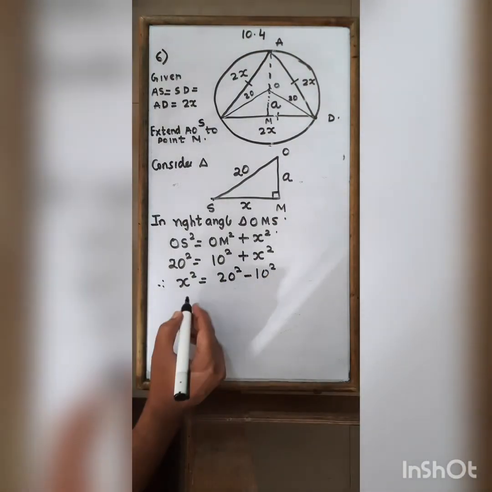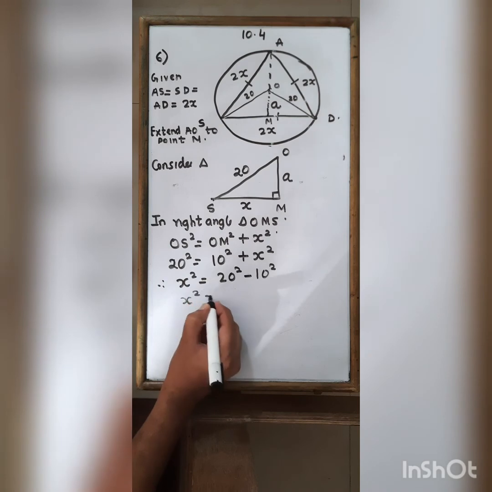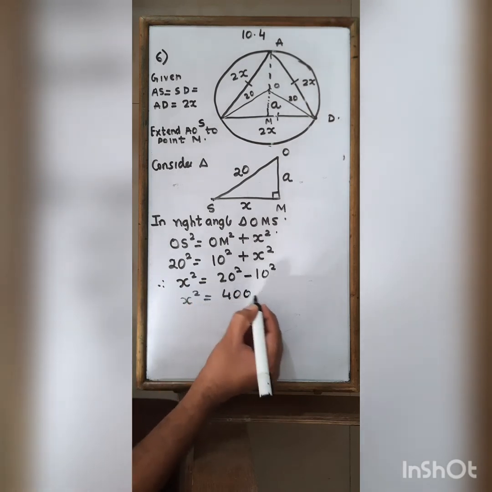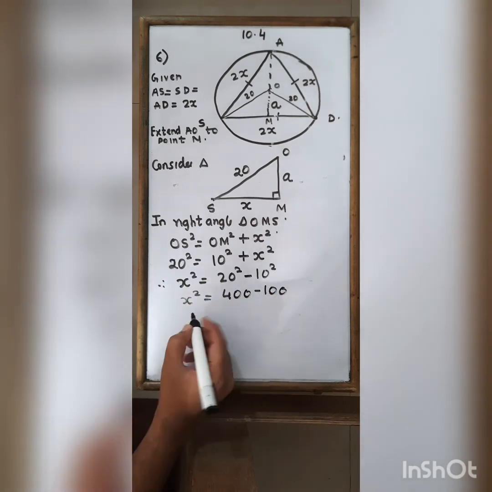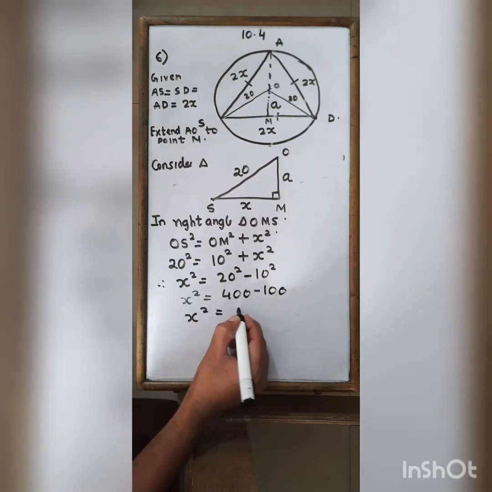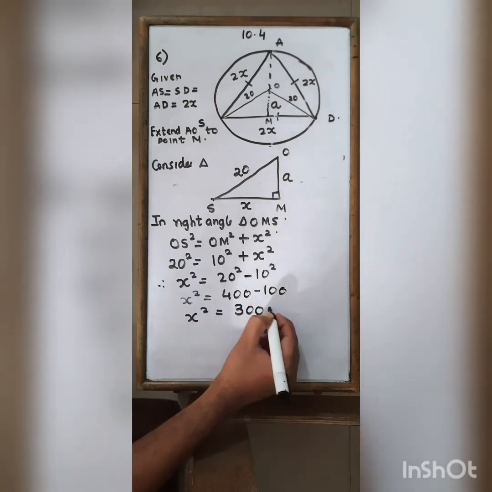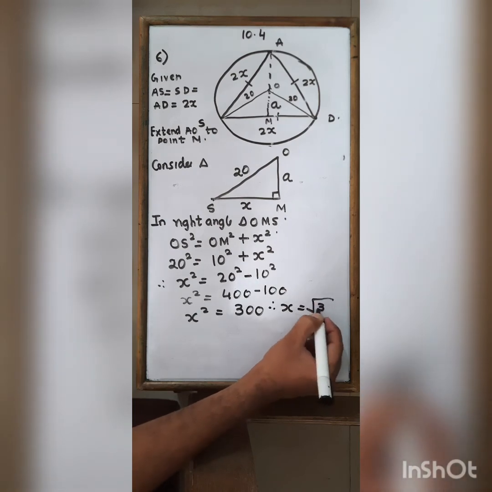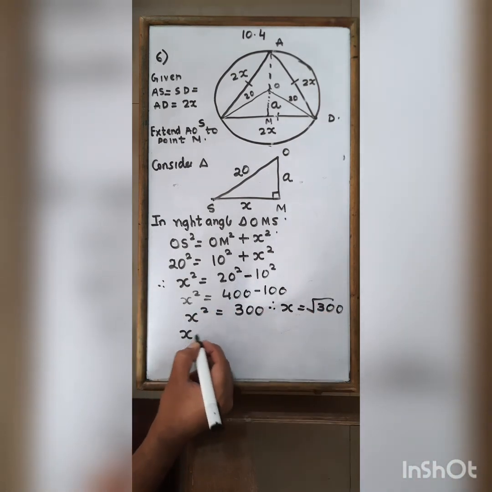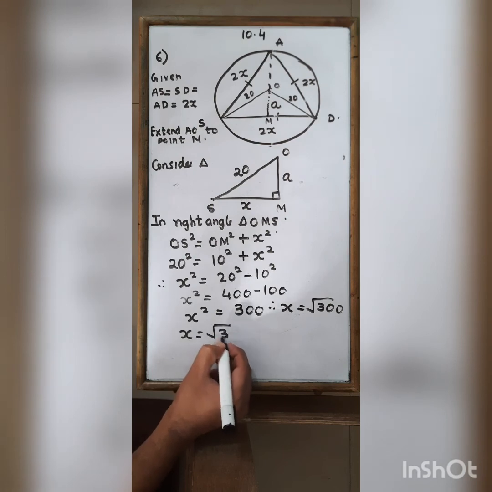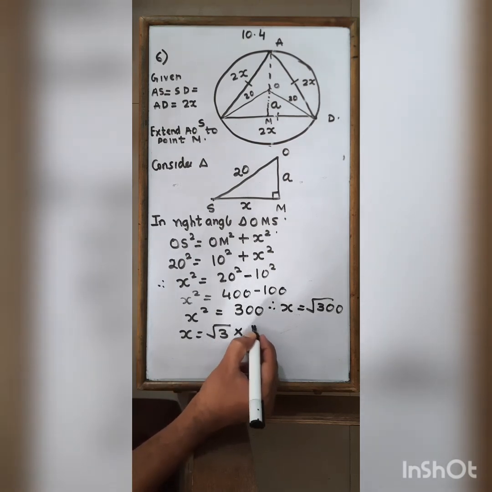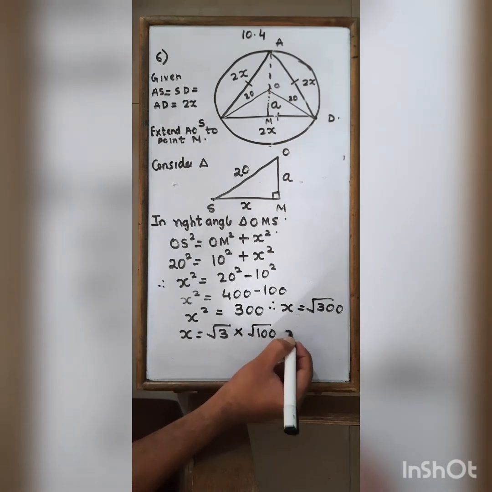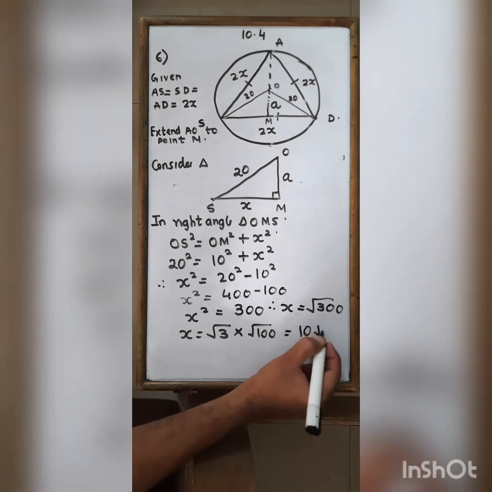So x square is equal to 400 minus 100. x square is equal to 300. Therefore x is equal to square root of 300. x is equal to square root of 3 into square root of 100, which is equal to 10 root 3